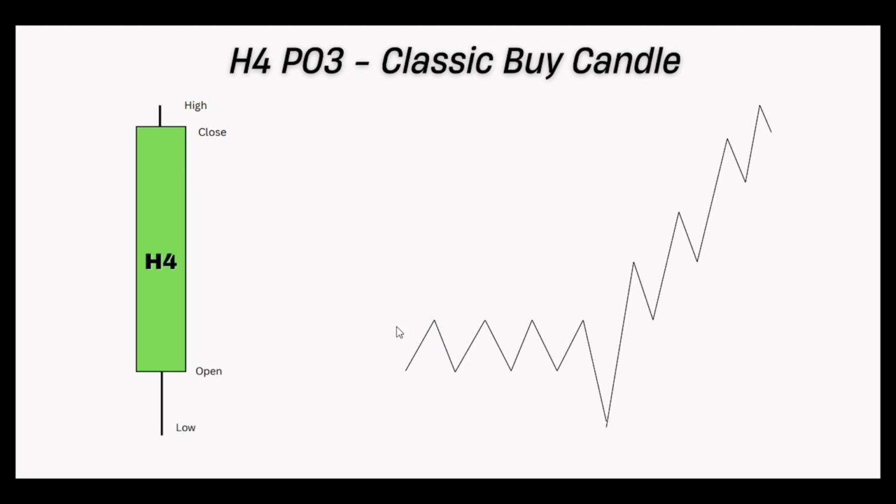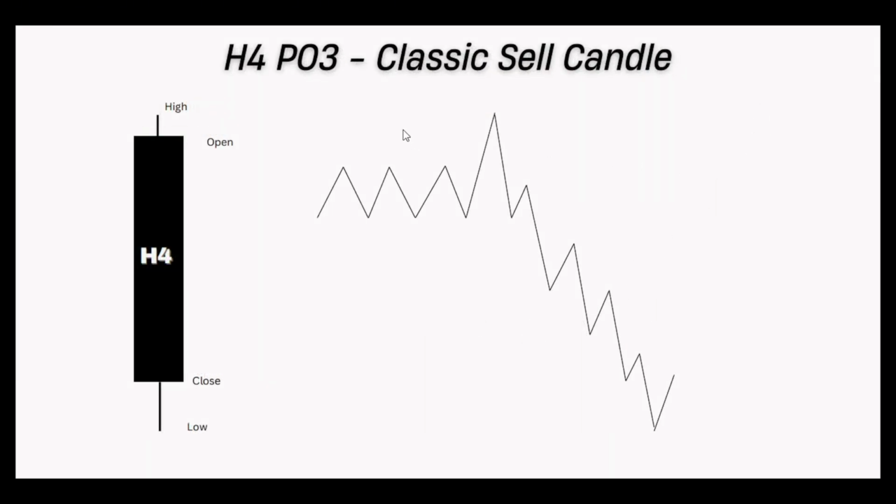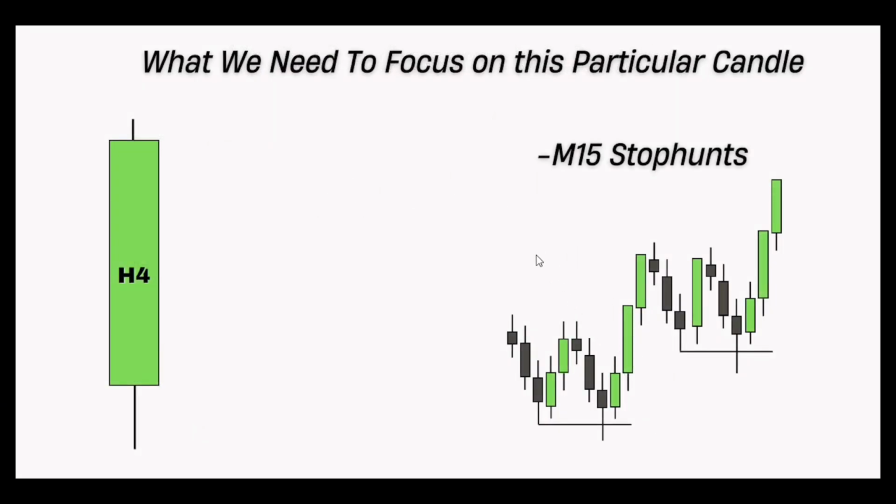This will be exactly like accumulation, manipulation, and then the distribution phase. And then the classic sell candle: open, high, low, close. A massive sell candle, accumulation, manipulation, and then distribution. What we need to focus on in this particular candle, exactly this classic buy and sell candle, is the M15